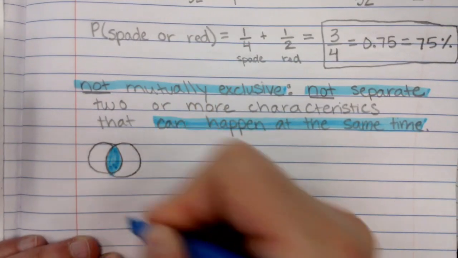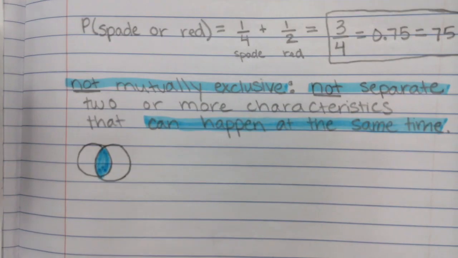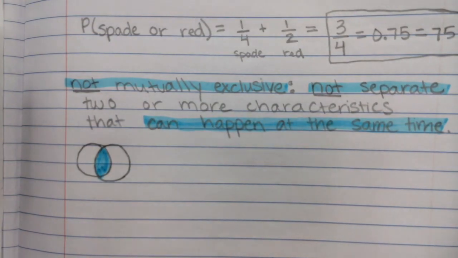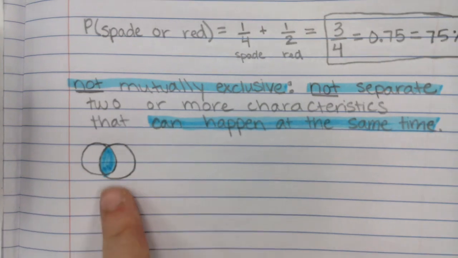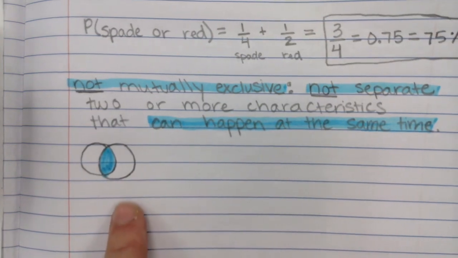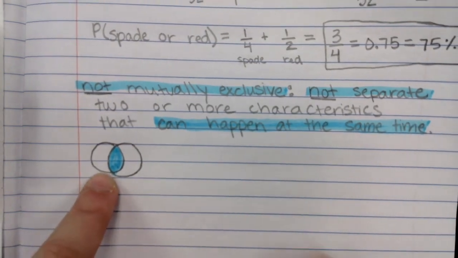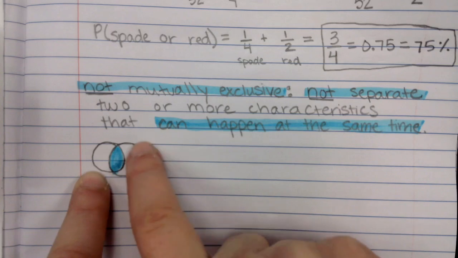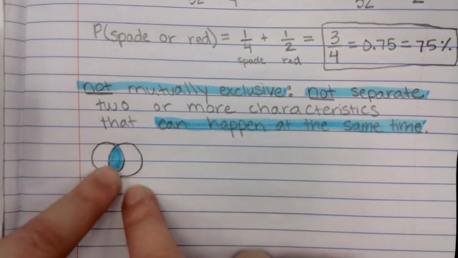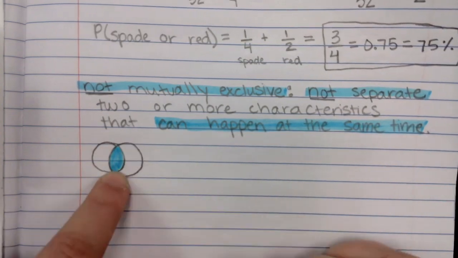Now, our formulas are a little bit different for this one. Because we have that overlap, what ends up happening is we're going to count the probability of the first thing, which would be this left circle, and then we count the thing of this right circle. But when I count the left circle and the right circle, that overlap we counted 2 times. So we have to take away that overlap once so that we make sure that we only count it 1 time. So probability of A or B